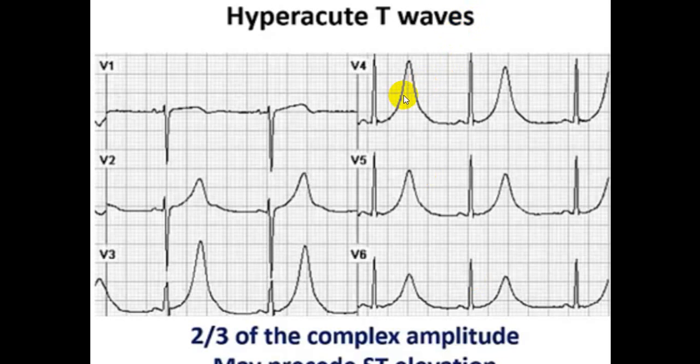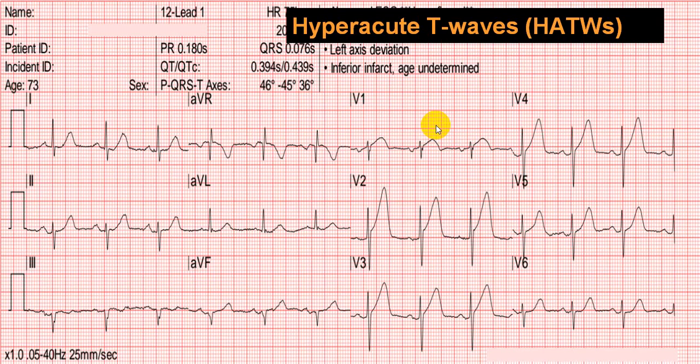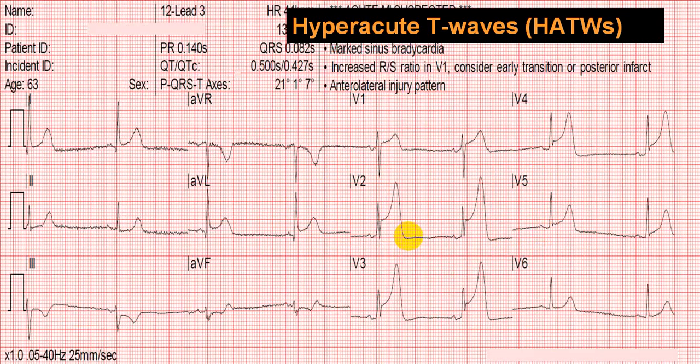So hyperacute T wave, always keep it in mind two things, hyperkalemia and hyperacute T wave of acute MI. And whenever there is a narrow QRS complex with broad base, keep in mind hyperacute T wave of acute MI. Again, you can see broad base, asymmetrical, tall T wave in V2, V3, V4, almost in V5. So this is strongly in favor of what we call a hyperacute T wave of anterior wall MI.